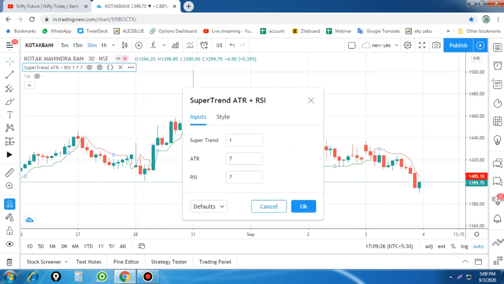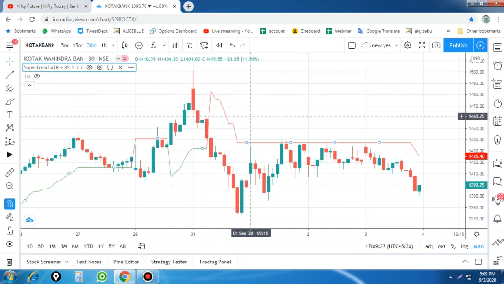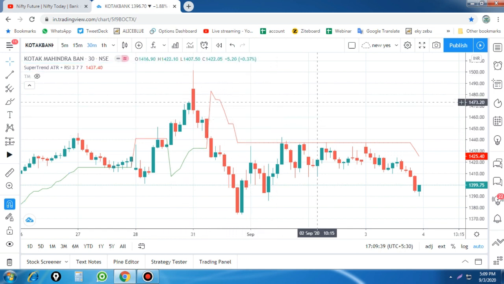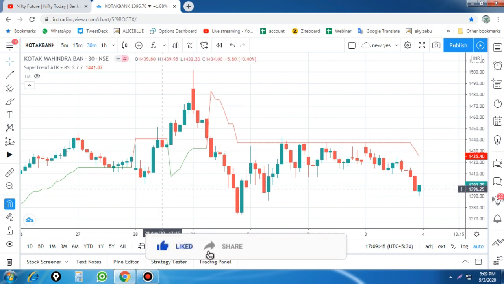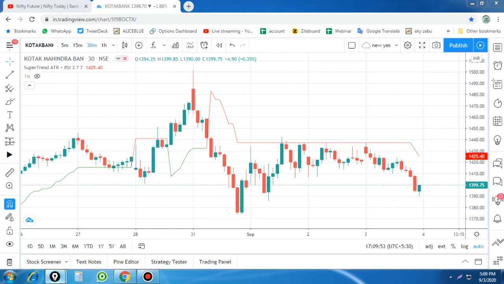Okay, so for the normal one, we are using 3. Now you see that the Super Trend line is a little bit higher from your market prices. The important thing is how we can do the trade based on the Super Trend indicator. Normally, whenever the market crosses above the Super Trend line, there should be a buy signal. When the market price comes below the Super Trend line, it is normally a sell signal. Here you see that the market has come down below the Super Trend line, so it should be considered as a sell signal.